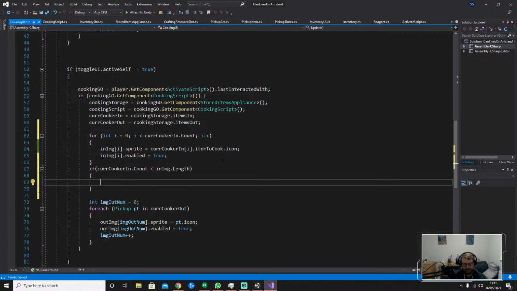Two in there. So you got 2 pieces of chicken and 3 empties. I do if the count is less than image length, which is 5. Then